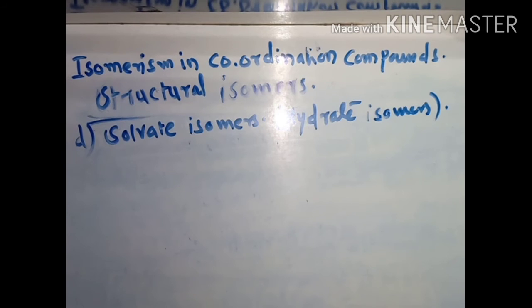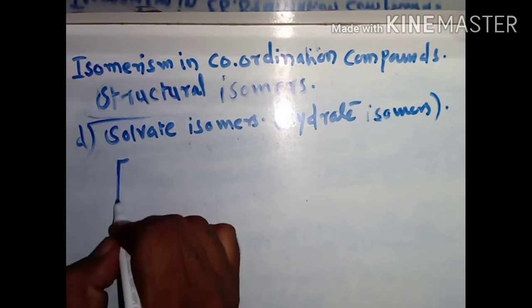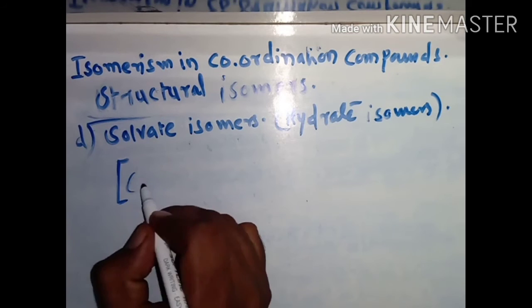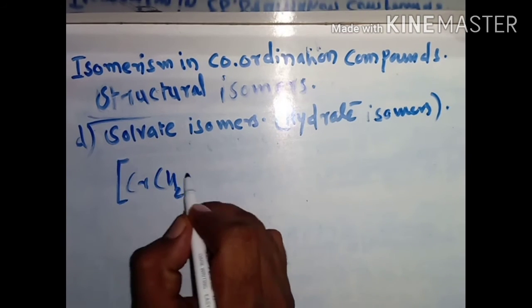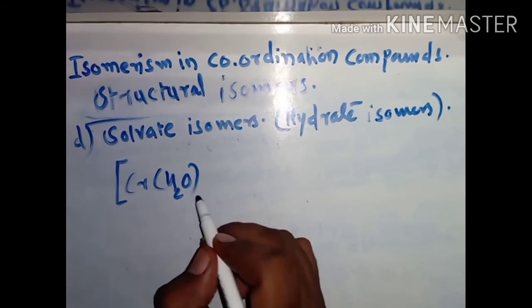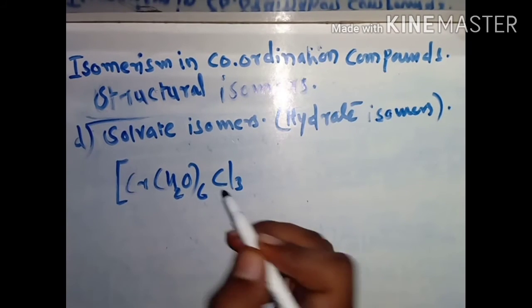Now this is similar to the ionization isomers. So we shall discuss directly the example, that is [Cr(H2O)6]Cl3,